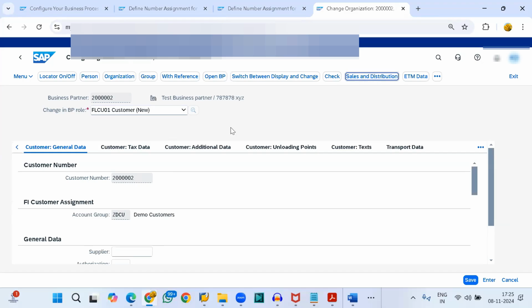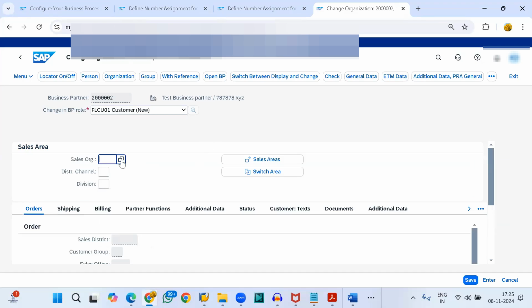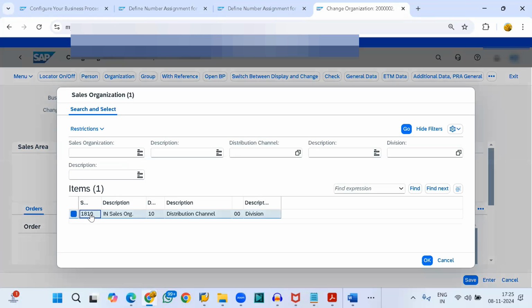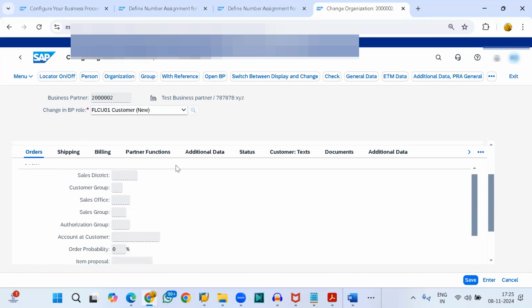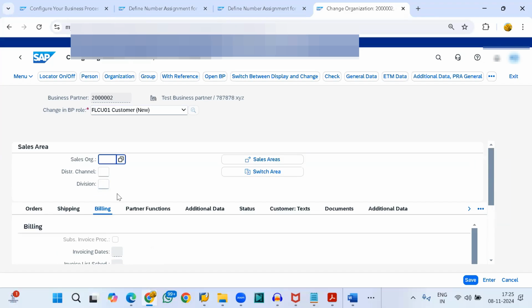So the sales organization. Inside any standard system you will see this kind of sales org, distribution channel and division will come. And as I am not an SD consultant, although I am trying to create a customer master, inside the billing or shipping there are several number of